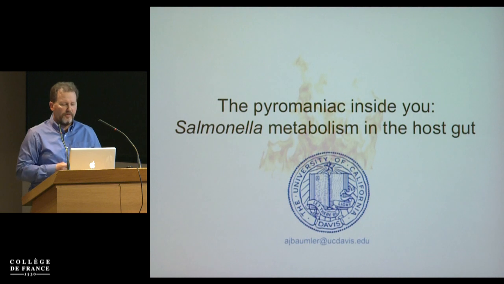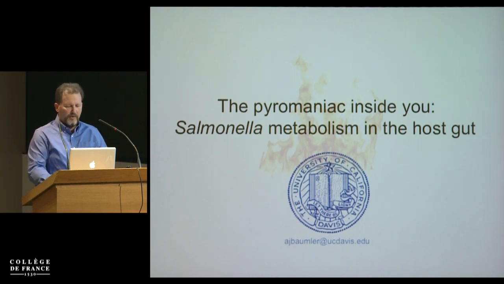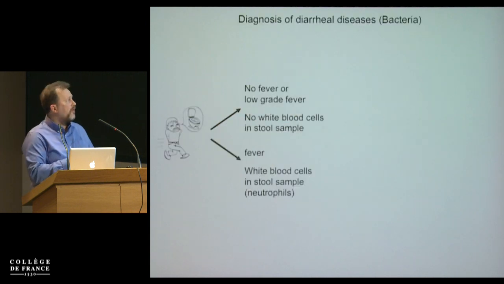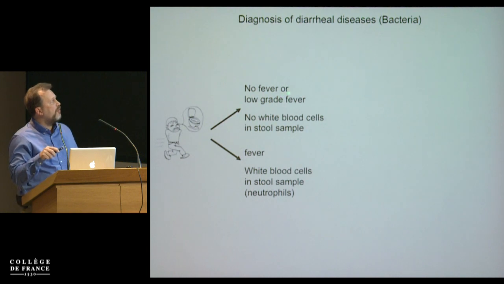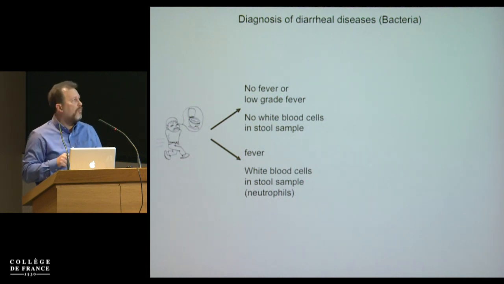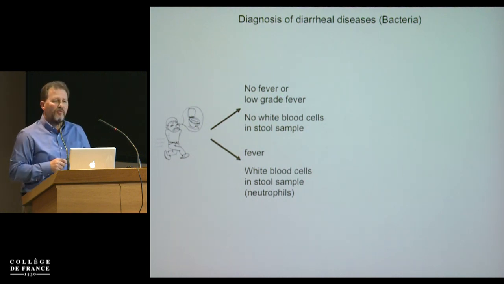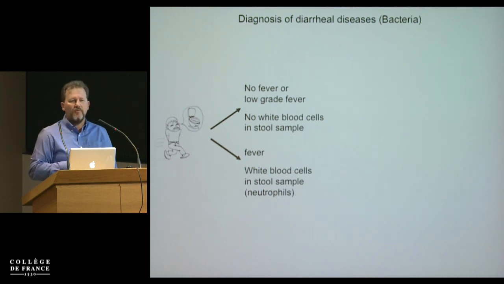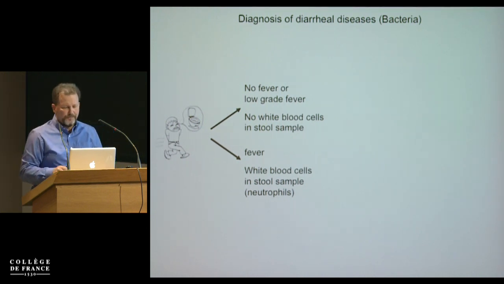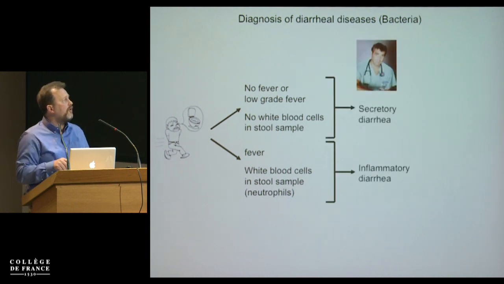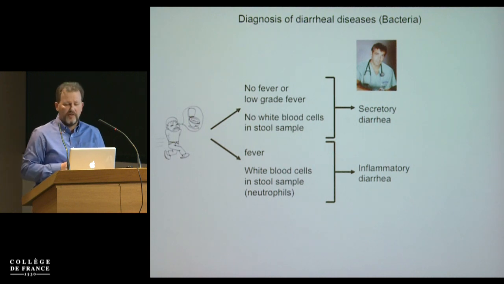When I teach medical students, I tell them the most important thing to remember about diarrhea is that it comes in two flavors. One is represented by a patient with no fever or low-grade fever and no white blood cells in the stool sample, versus another patient who presents with fever, and if you take a stool sample, you find neutrophils. And then as a good-looking physician, you would diagnose secretory diarrhea versus inflammatory diarrhea,